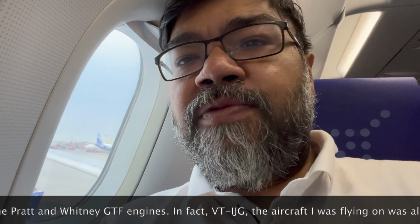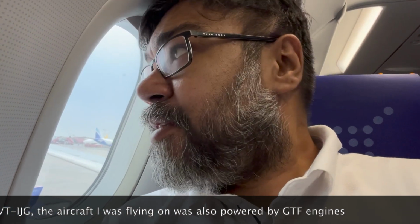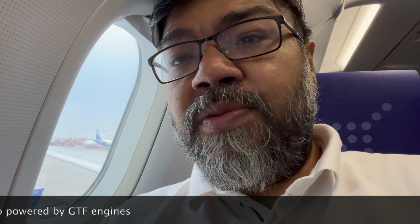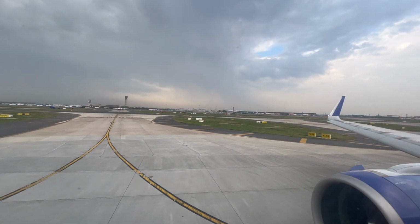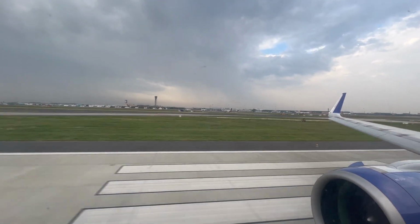Don't know if this flight will be full, but Indigo always manages to fill up their planes. So let's see how the flight goes. So I'll report more during the flight, but most importantly, do watch the takeoff video and the landing video coming up soon. So we had a quick taxi to the threshold of runway 9, and we began our takeoff run